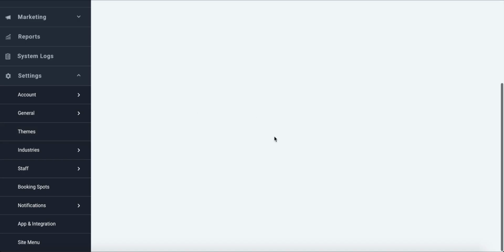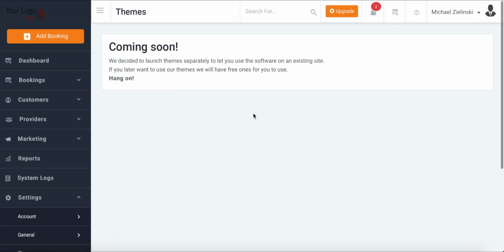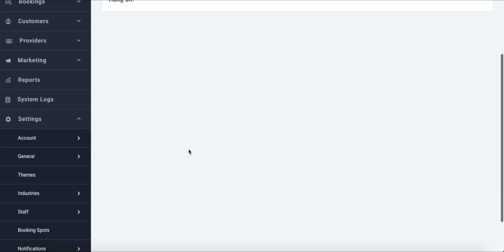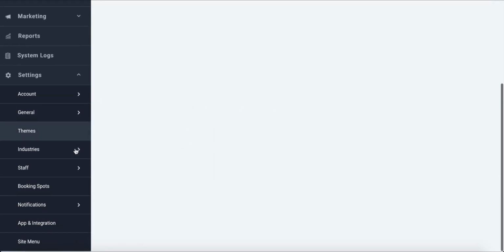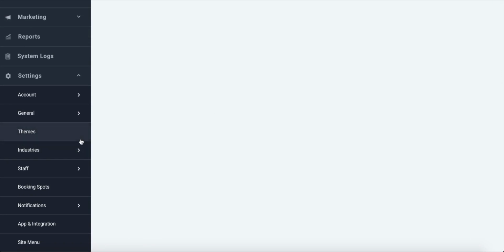Themes. So themes are coming soon. This is something that we are currently building out. It is a website builder where you will be able to pick from free themes that we'll offer and create your own website basically within a second. And then if you want to change text and cool stuff like that, pictures, you could use those features that we offer, drag and drop features and everything to make it easy for you,